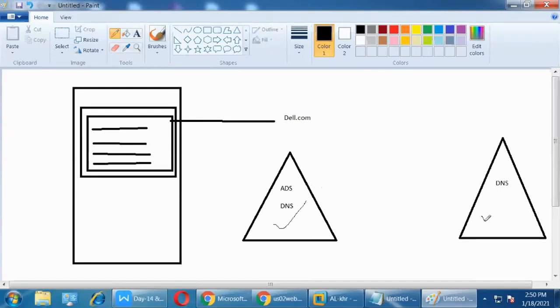If I create it here, that is not an Active Directory integrated zone. Simply, you can say Active Directory integrated DNS here, and normal DNS here. Clear?